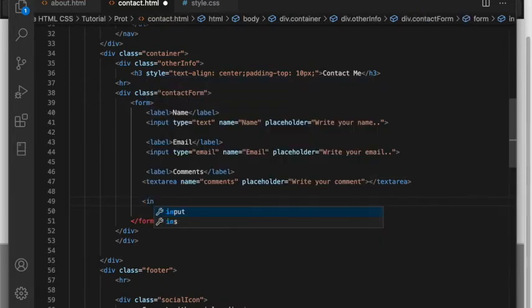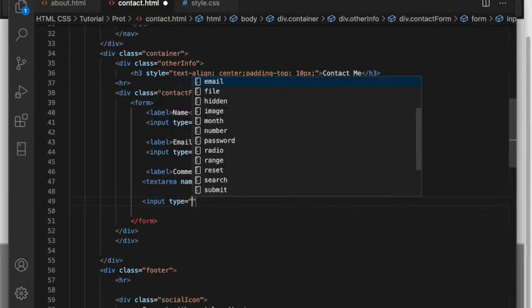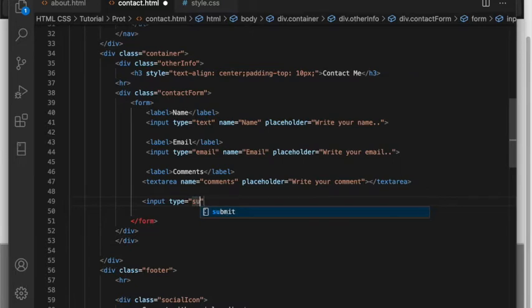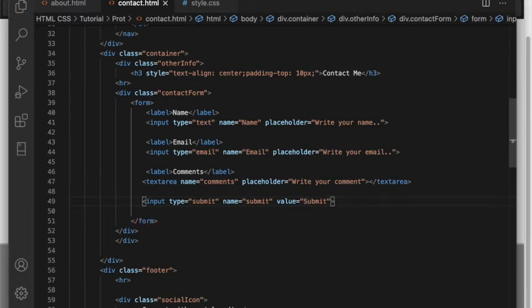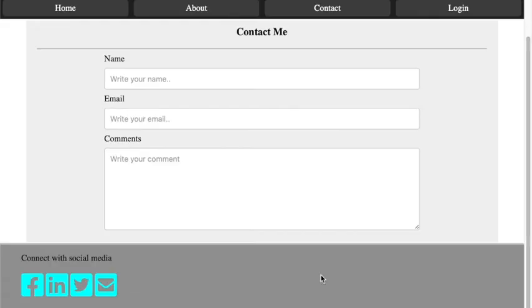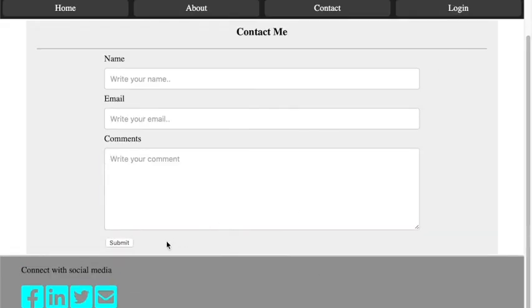The type will be submit, so it will be a button. Let's give name, it's not necessary for now, but still submit, and value submit. Now it's an input field, and if I refresh it, you can see there's a little